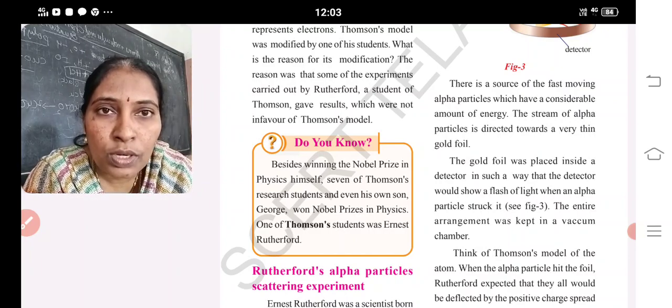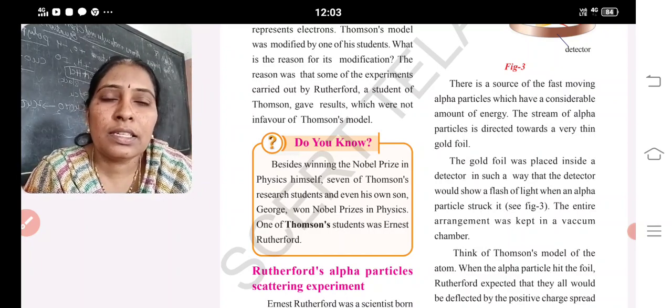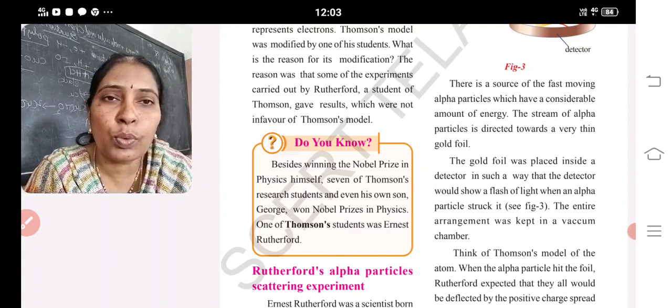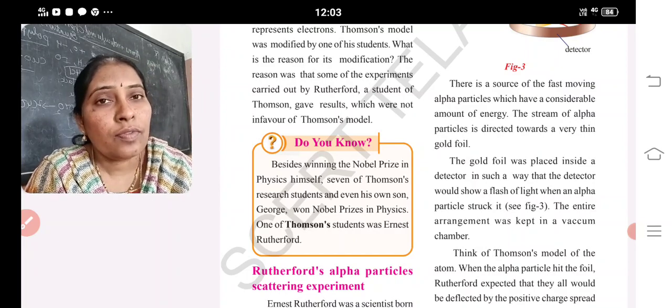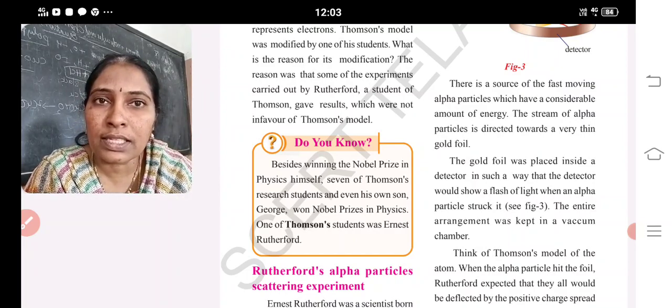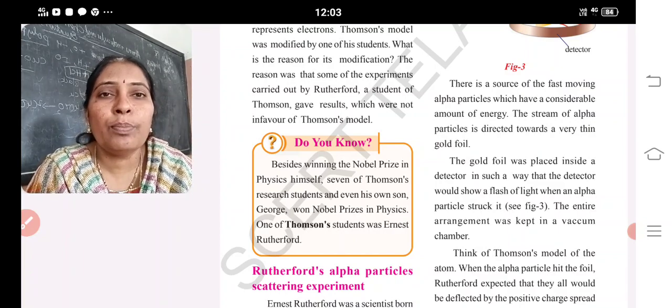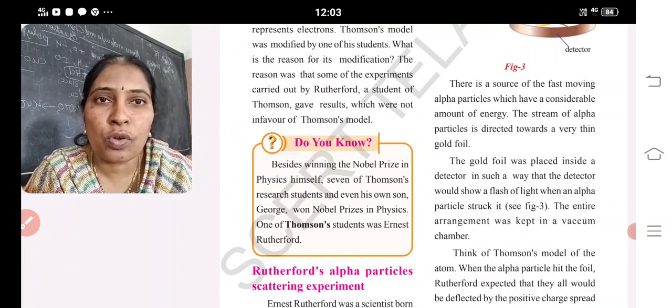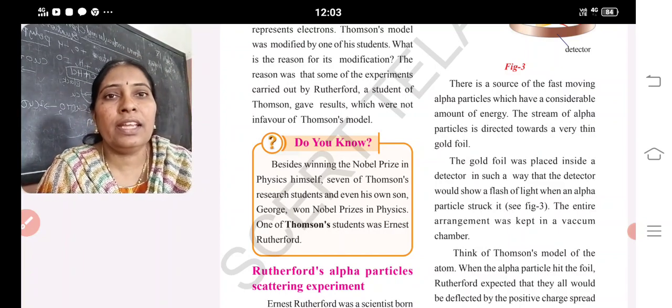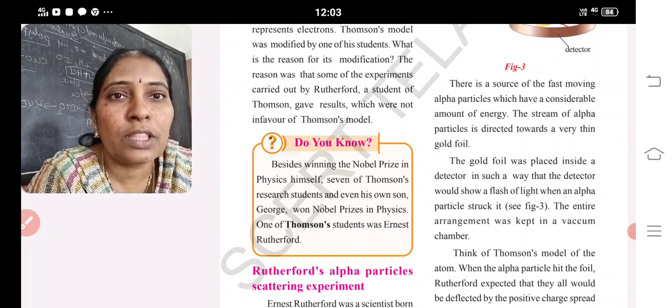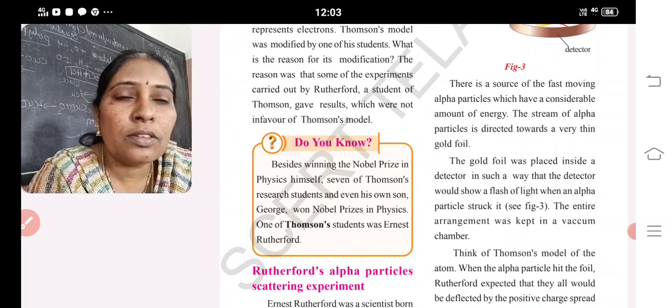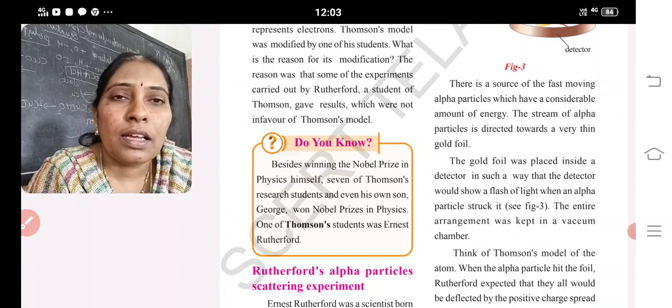Such a great scientist. Because of him we came to know that the atom is further divided into subatomic particles. They are the electrons, protons and neutrons. After the discovery of electrons, a new branch developed, that is electronics, based on the flow of electricity. So a complete branch was developed after the discovery of the electron. Such a great scientist, J.J. Thomson, and his student Ernest Rutherford.